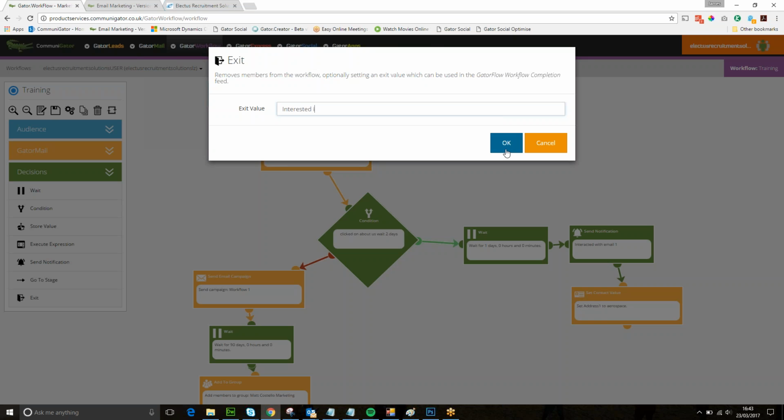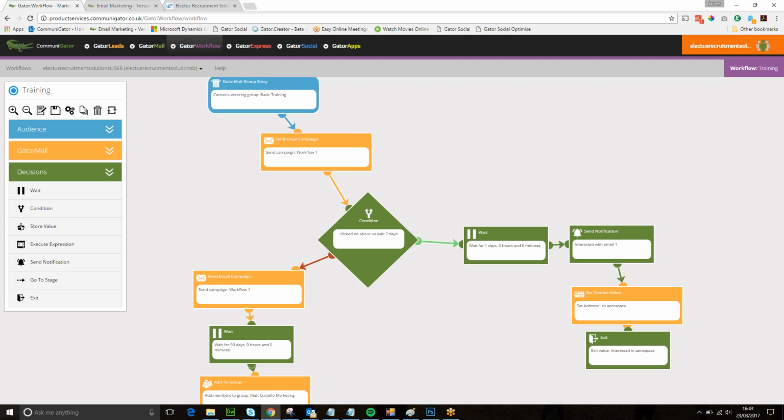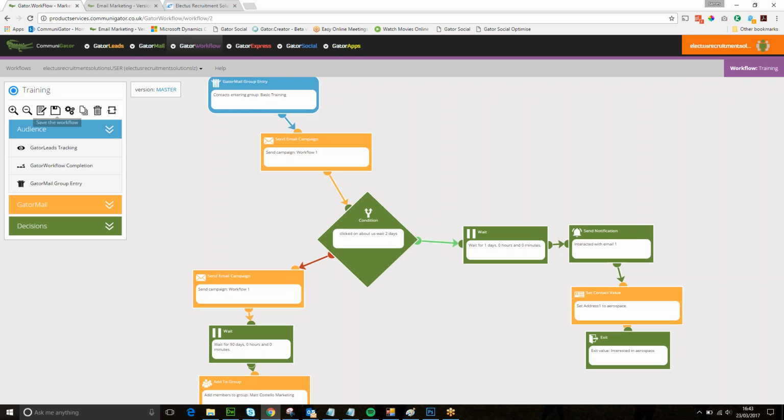Interested in aerospace, yeah? Yeah, there we go. And if I click on the OK button, that's now exited them. I haven't got any campaigns to send these guys yet, but maybe in three months I might have some, because that's what we've got in our content journey to be created. Yeah. So if I click Save the Workflow,